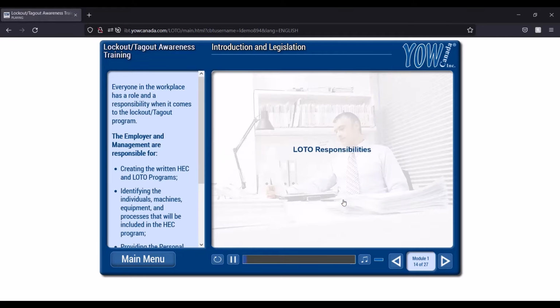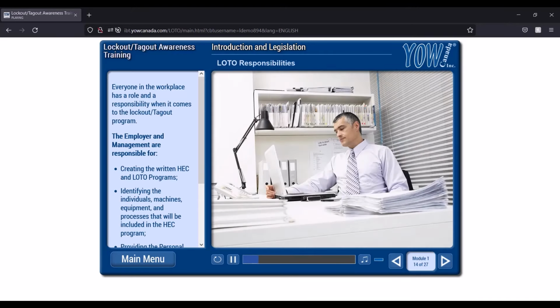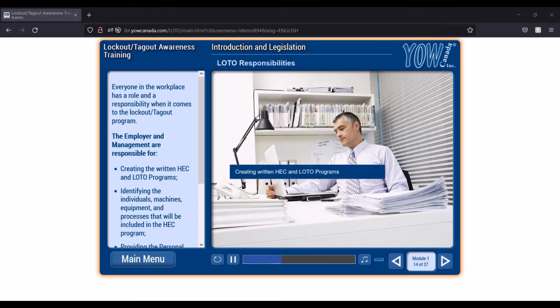Loto Responsibilities. Everyone in the workplace has a role and responsibility when it comes to the Lockout Tagout program. The employer and management are responsible for creating the written HEC and Loto programs, identifying the individuals, machines, equipment, and